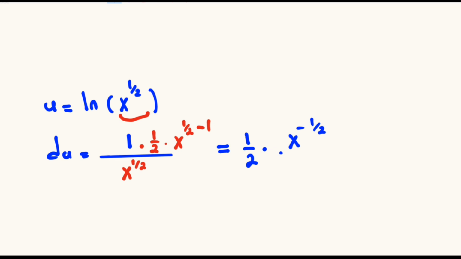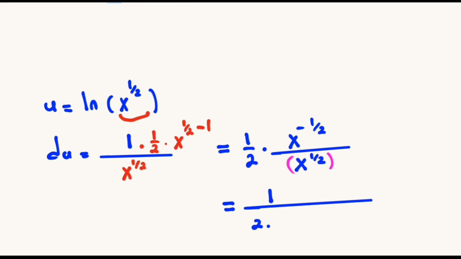And we divide this by the x raised to the power half, which is in the denominator. And this will be equal to 1 divided by 2 multiplied by that x raised to the power half. We take this x raised to the power negative half from the numerator to the denominator, and the exponent will change sign from negative half to positive half,